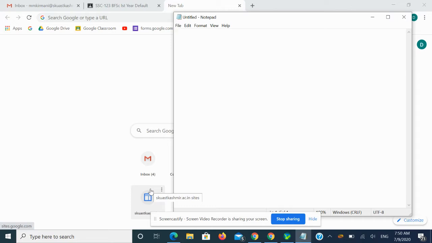The first method is using a web browser, and the second method is to download the Zoom app on your laptop, or else another option will be to download Zoom from the Play Store on your mobile phone.